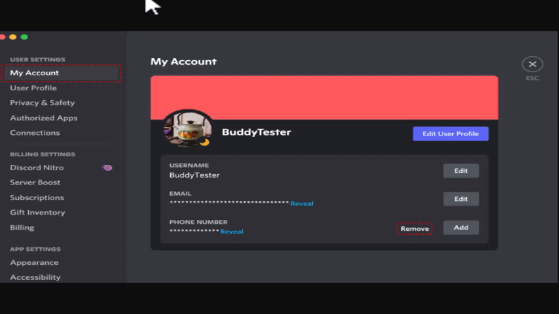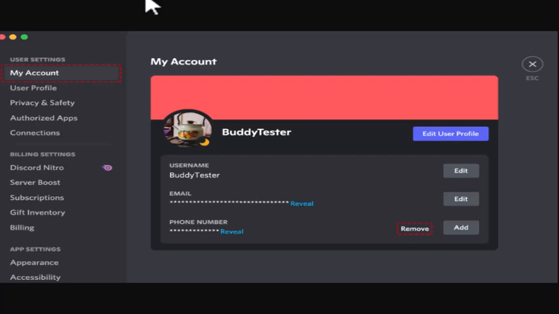Click on it. As you click on My Account, in the right hand side corner you'll be able to see your account info, and right in between you'll be able to see your contact information. First of all, you'll have email and your phone number. So in order to remove your phone number, just click on remove. And after that, for the confirmation, once again a pop-up appears, and as you click on confirm, you have successfully